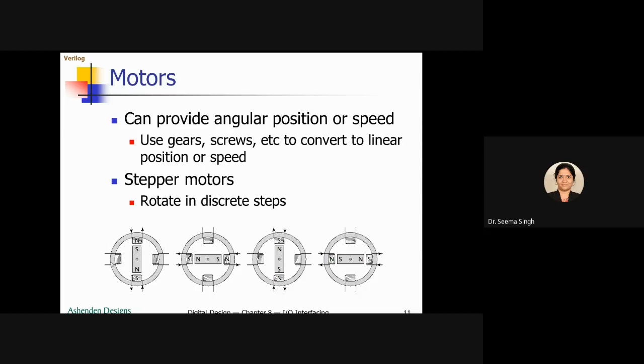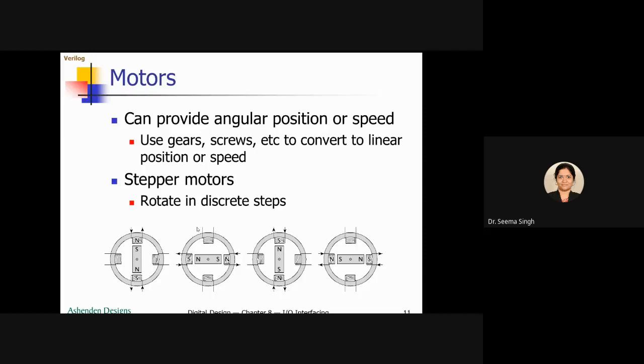Same way, with a series of energizing of all these, from here to here it moved, again this will be disconnected, this will be connected, so this will move here, so it will produce a rotational motion. So if I am energizing the electromagnet in clockwise direction, the movement will also happen in clockwise direction. If I energize the magnet in anti-clockwise direction, the movement will happen in anti-clockwise direction. Also, if I am energizing and disconnecting at a certain speed, I can control the speed of the motor also. So this is about your stepper motor, where the movement happens in steps.